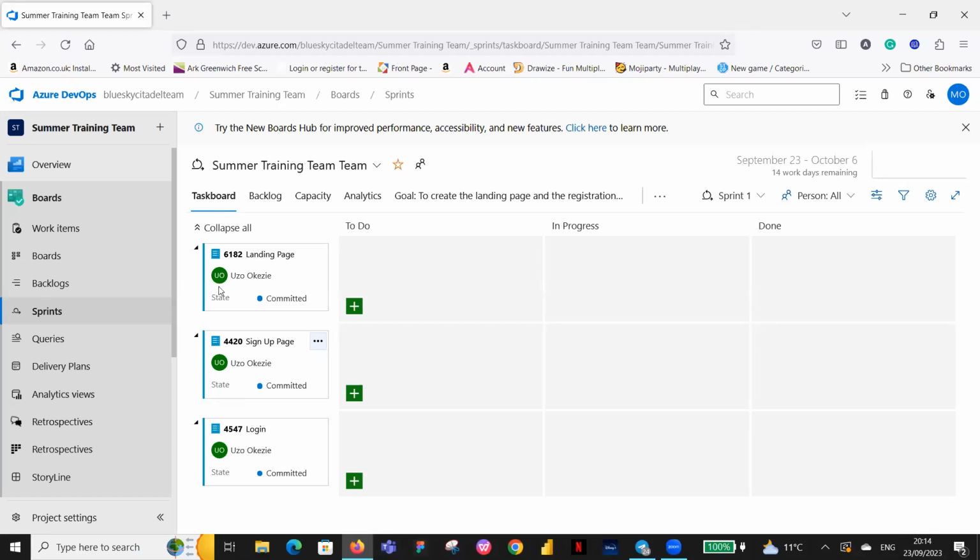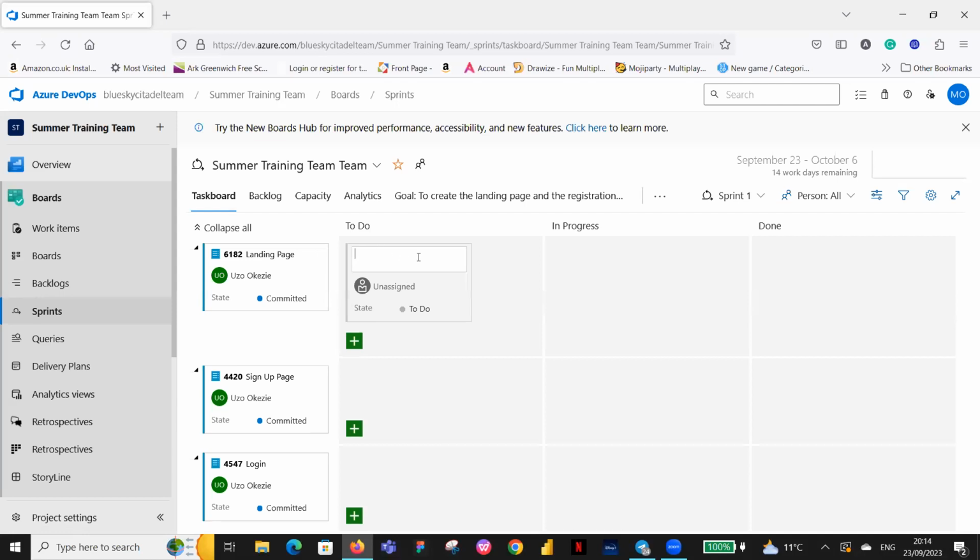So you have one story here, on this row, and then you can see this green icon, the plus in the green box. When you click on that, it opens up. So this is me, I am a Scrum Master, Moji, but I'm creating this because I'm the one sharing my screen, and I'm going to create a task for the developer. So don't mix the rows together. So I'm just going to put,